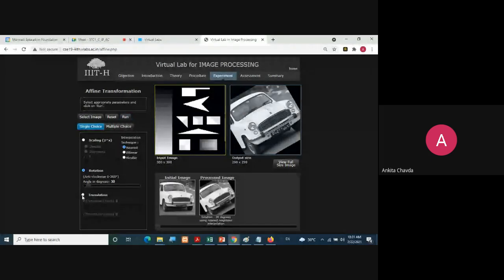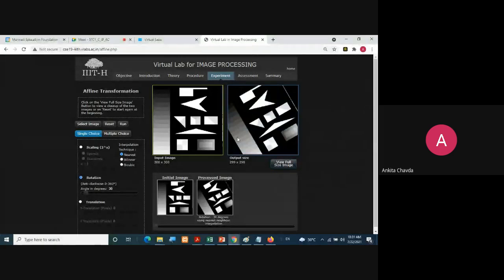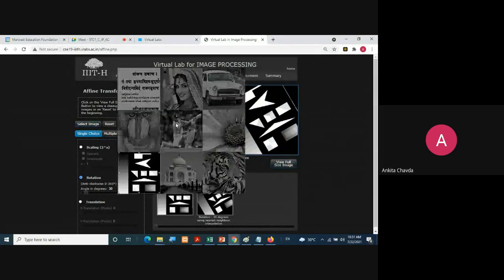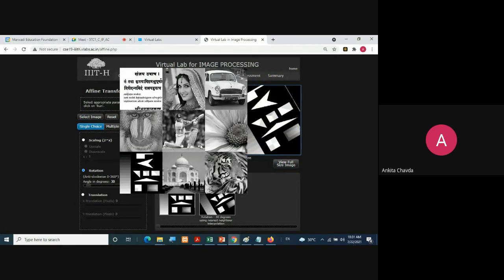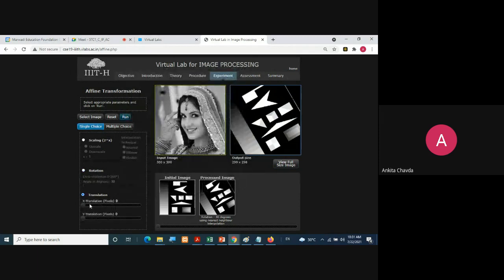Then you can check the translation. First, you can check with the rotation again, right? Then this translation you can select. So how many pixels you want to move your image for that X and Y? That is what your translation is. I'm directly showing you. Suppose I have chosen here around 80 pixels and Y is around, suppose I'm choosing here 30 pixels.